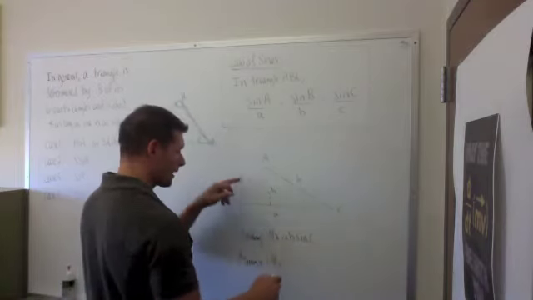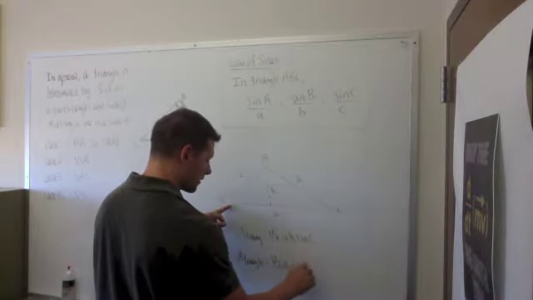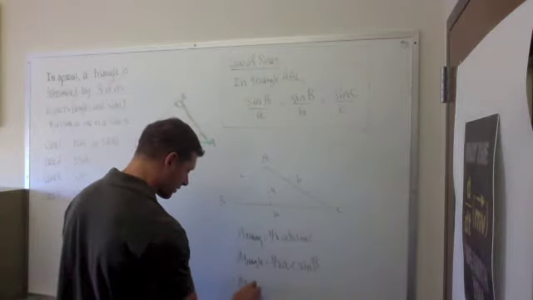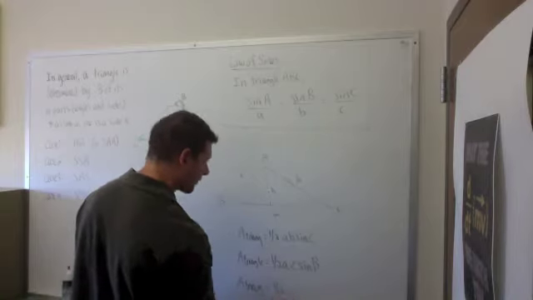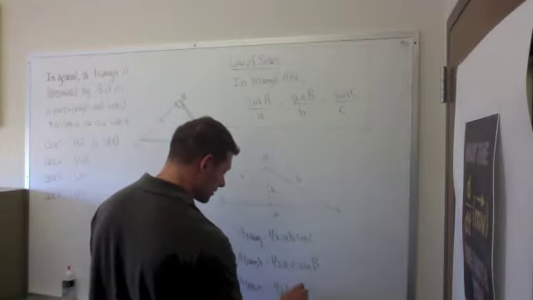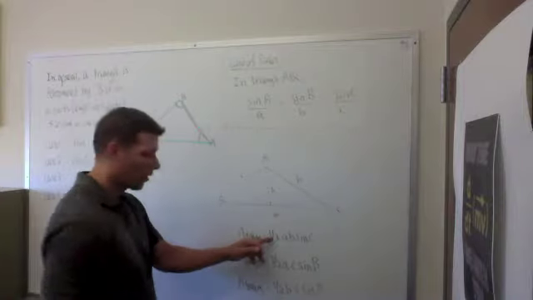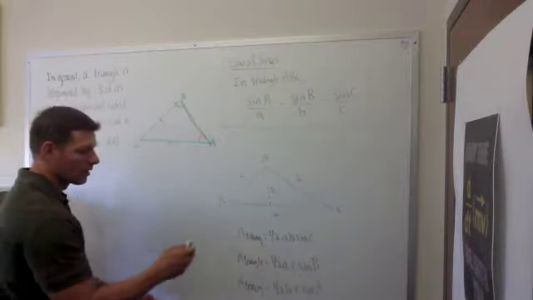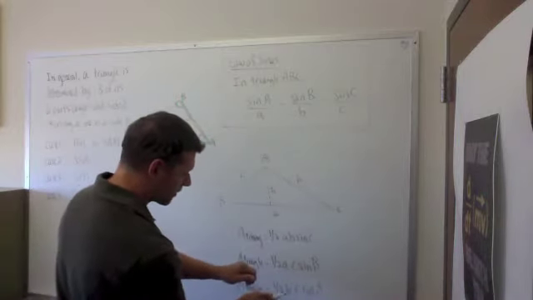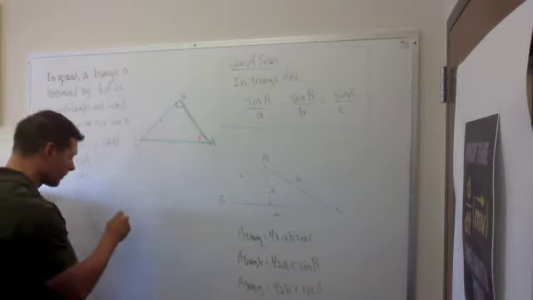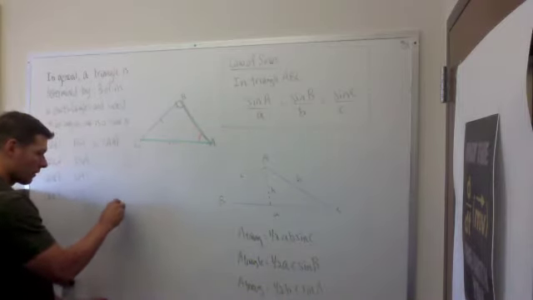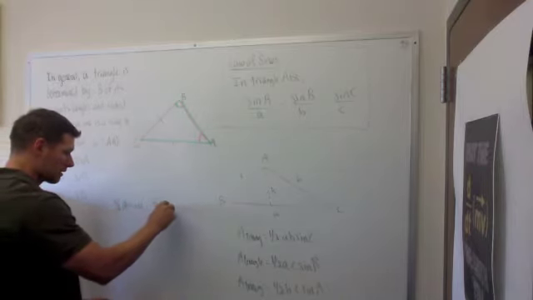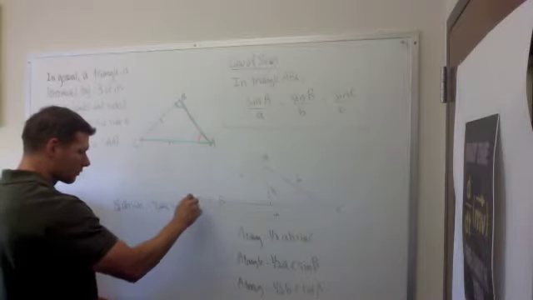1/2 a times c sine of that angle B. But we can also say this area of the same triangle is equal to 1/2 b times c sine of A. So all 3 of these things are equal to each other. If all 3 of those things are equal to each other, then we can set this equal to this, equal to this. So let's have a little 3-pronged ratio here. 1/2 ab sine of C equals 1/2 ac sine of B, which equals 1/2